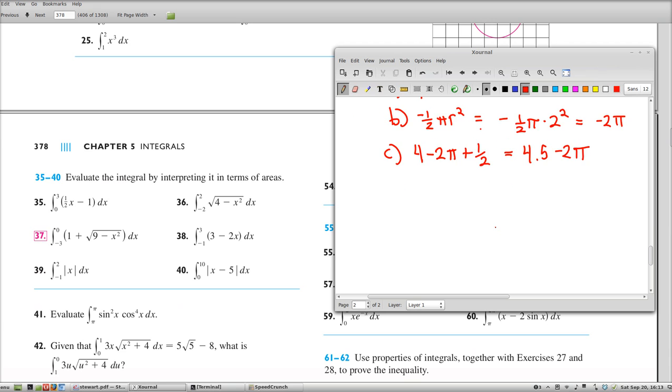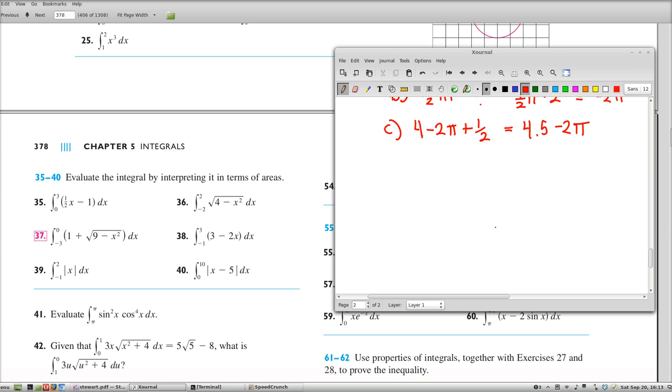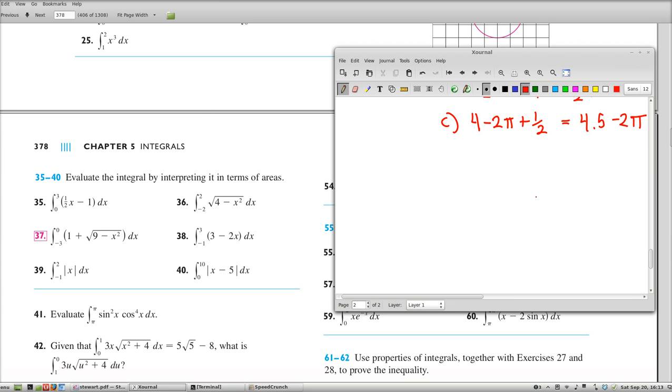Number 35, let's say. So you have to be able to graph a function, and